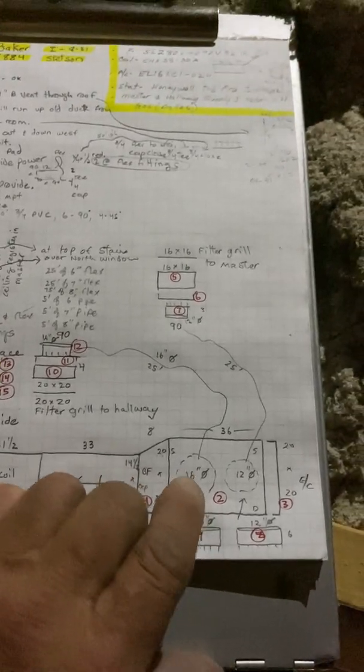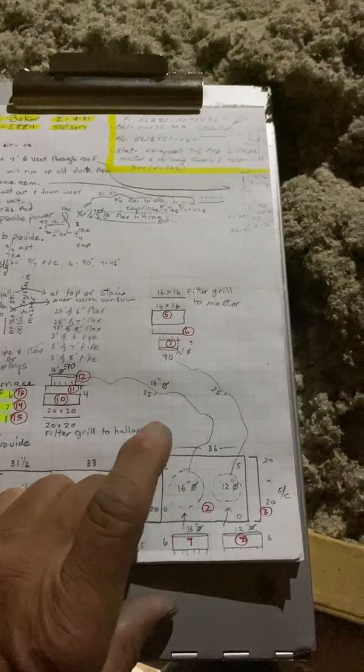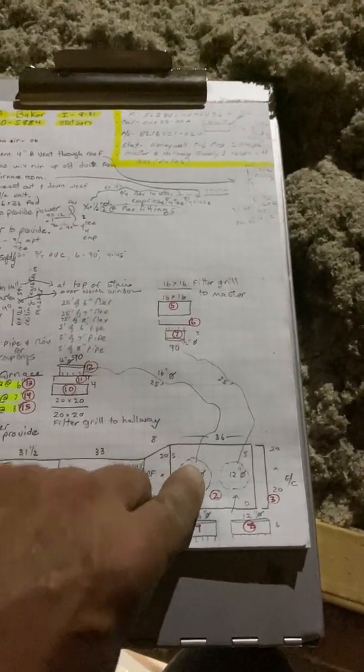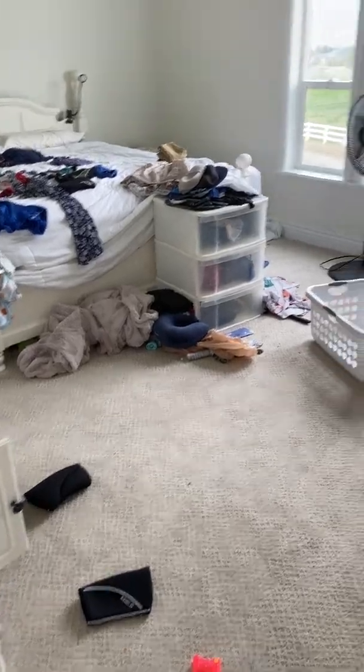So the return, we have a 16-inch round. Going to take off 16-inch round flex, and then you're going to go to a 20 by 20 filter grill in the hallway here. It's a 20 by 20 filter grill right here. Then the other one I have a 12-inch flex coming off, and in the master bedroom here,